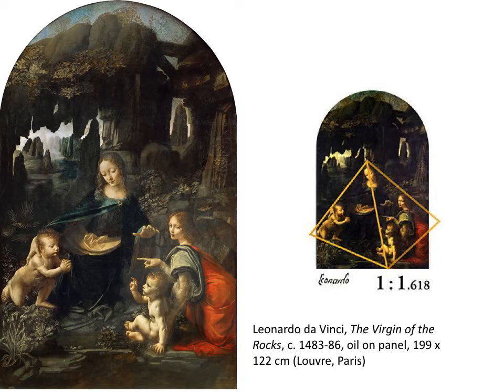We can also see that Leonardo grouped the figures together with the geometric shape of a pyramid. A pyramid instead of a triangle, because Leonardo is very concerned with creating an illusion of space, and the pyramid is three-dimensional, so we have the figures creating that sense of dimension for us, in addition to the atmospheric perspective. He also has the figures gesturing and looking at one another. So these innovations really serve to unify the composition and allow the viewer's eye to move around the